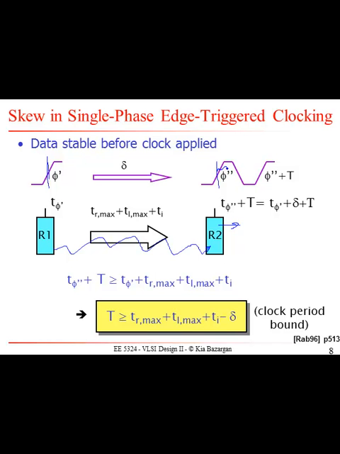Now, during this time, your combinational logic has time to do its processing, and by this time, you want to make sure that the data is ready here, because if you have any more changes to the data after this clock goes high, and this is supposedly the master stage of this R2, then you're going to close the gates and you're not going to fetch that value, right? So this is the parameter that you've been worried mostly about during the semester. You want to make sure that you make your timing and your latency